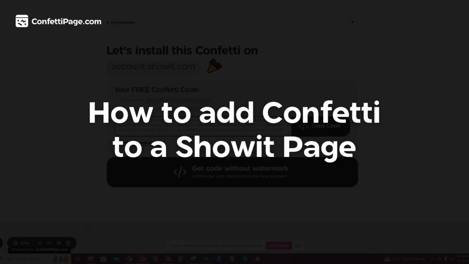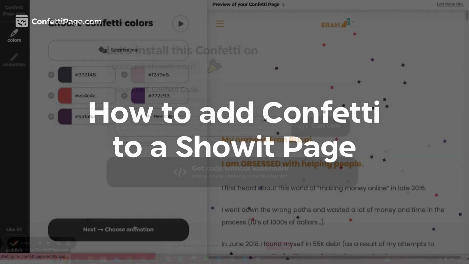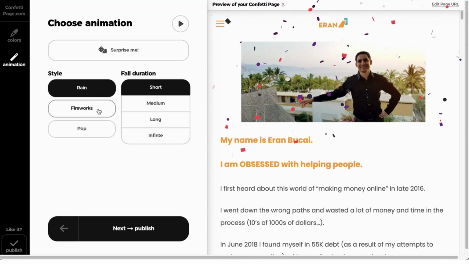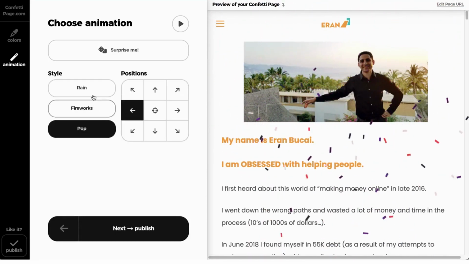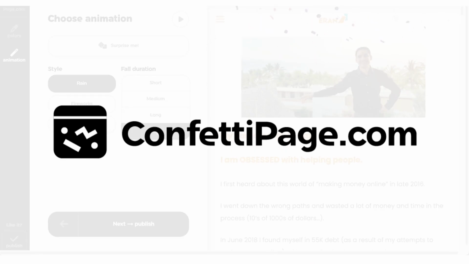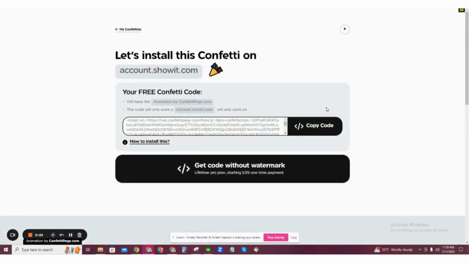Here's how to add confetti to your Showit page. First off, create a custom confetti animation and generate the code to install on your website by visiting ConfettiPage.com. It's free. Click the black button that says Copy Code,